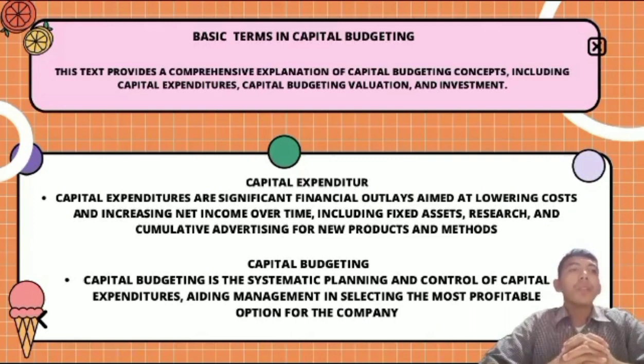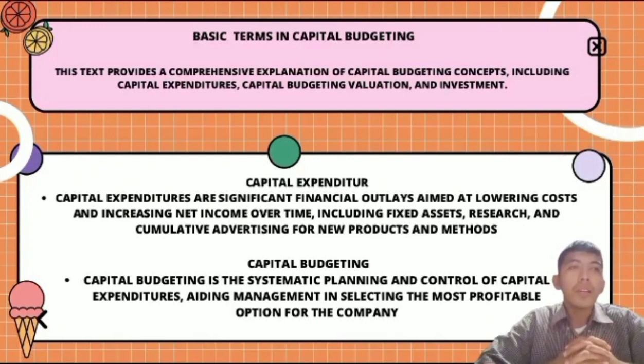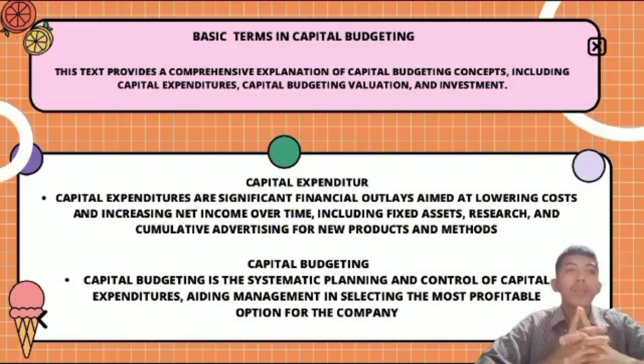Think of a company deciding whether to build a new factory. They would look at how much it costs to construct the factory and buy the machines. The machines are the capital expenditure. Then they estimate how many toys they can produce and sell over the years, considering the increased capacity. If the future toy sales bring in more money than they spend, it's a good capital budgeting decision to build the new factory. That's all, thank you.